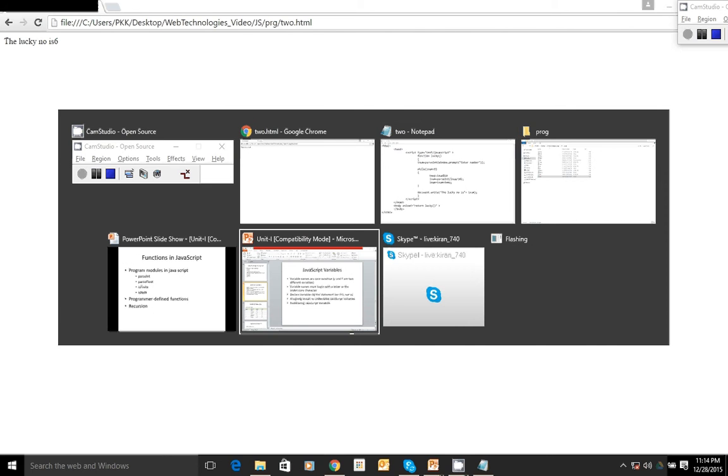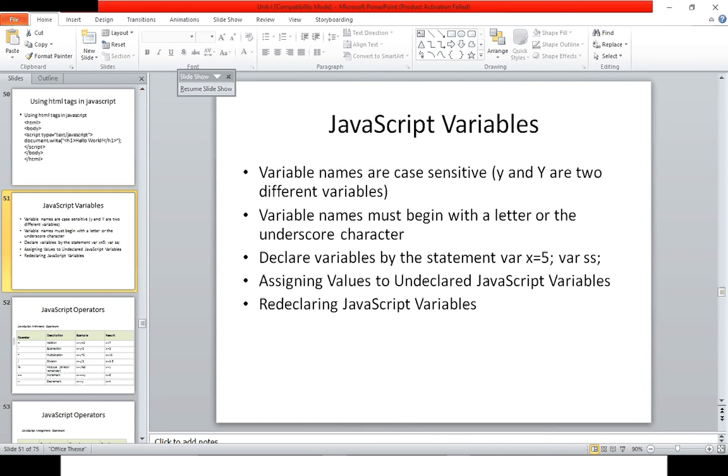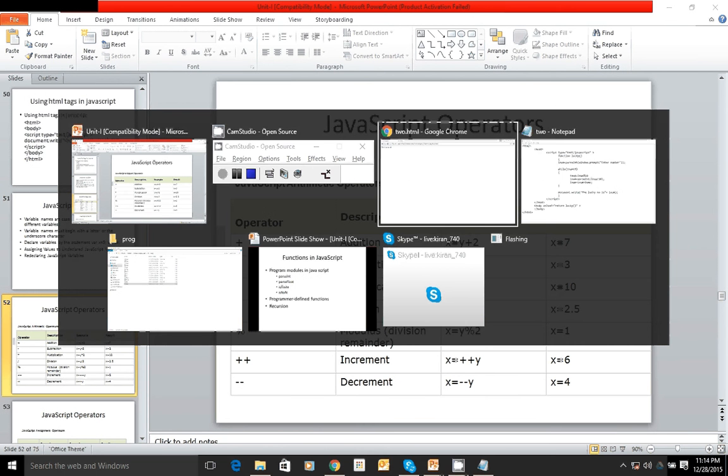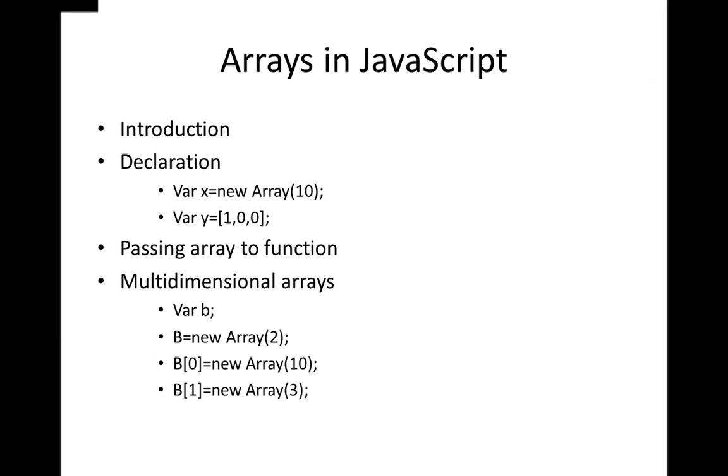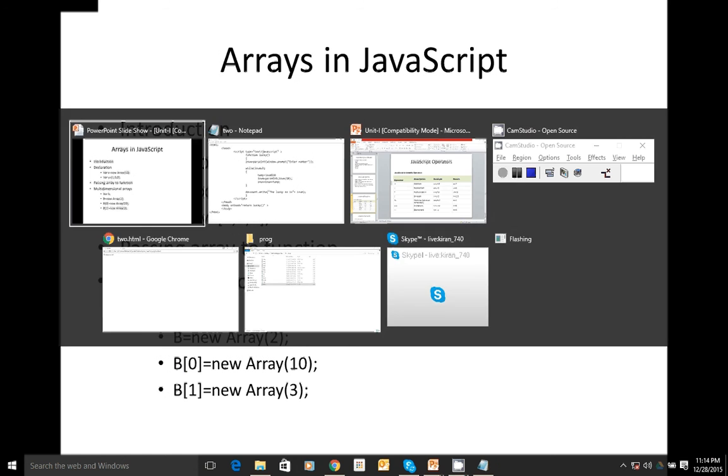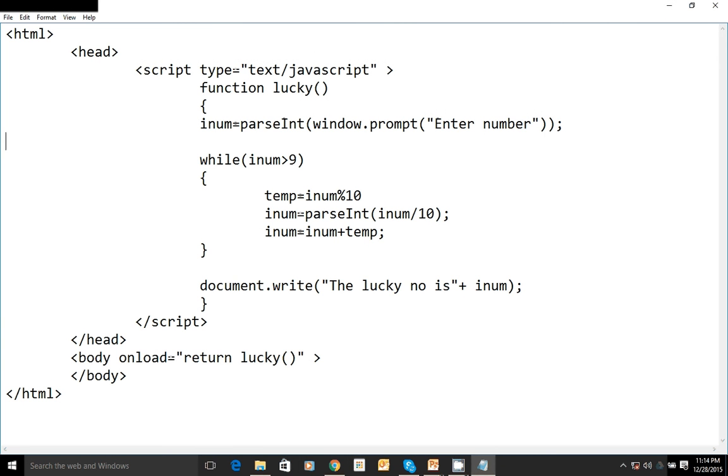Okay, now let's go ahead with arrays. The next program is on arrays. Let me save this program with the name 3.html.